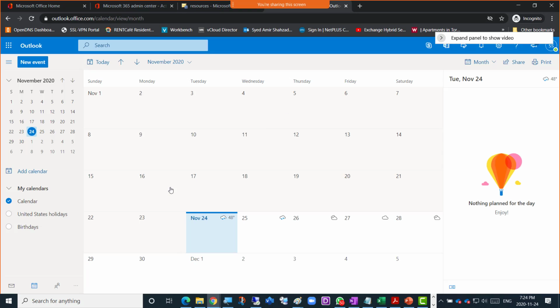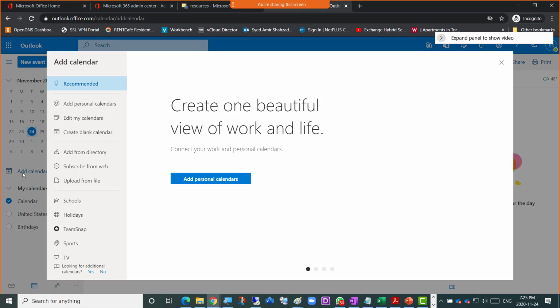So I'm just gonna go ahead in Outlook, and how do I add another calendar here? Where's the option to add another calendar here, right? So there's an add calendar option on the left side, this one. But is it going to let me add any other calendar or just a second calendar of my own? I'm gonna click the add calendar, and a big